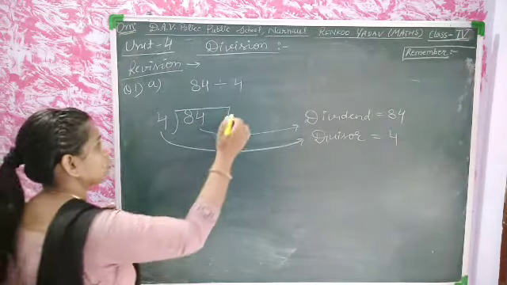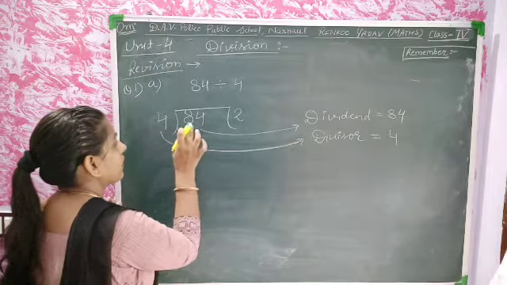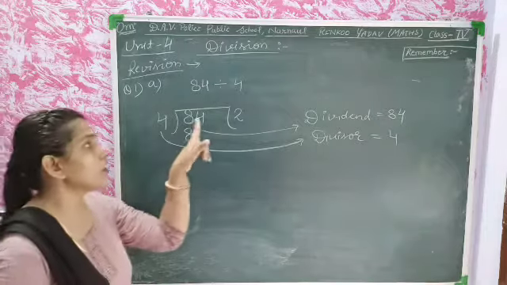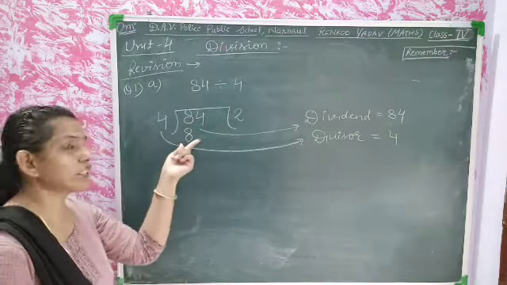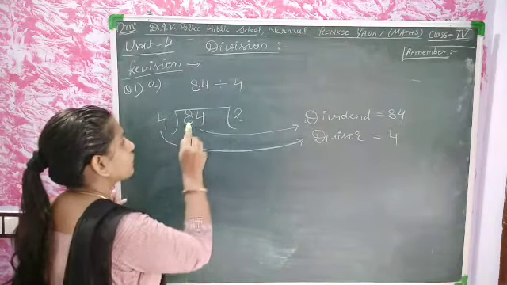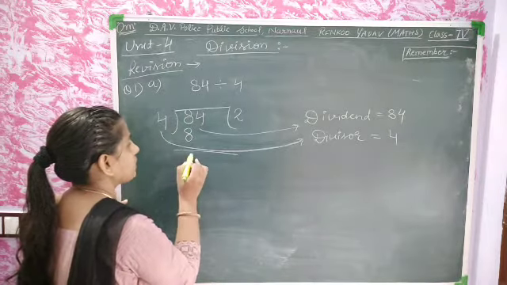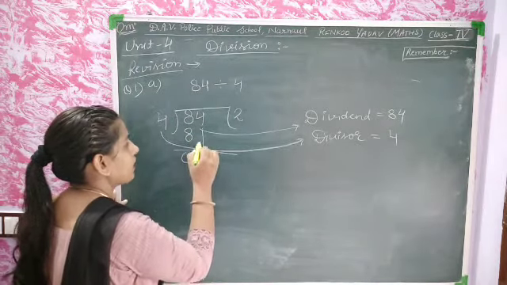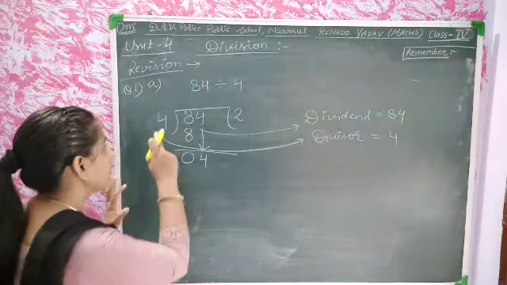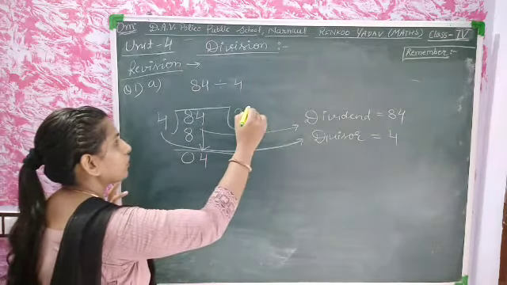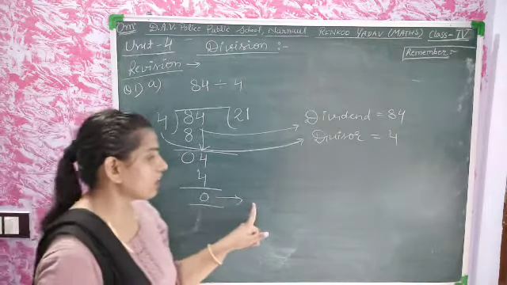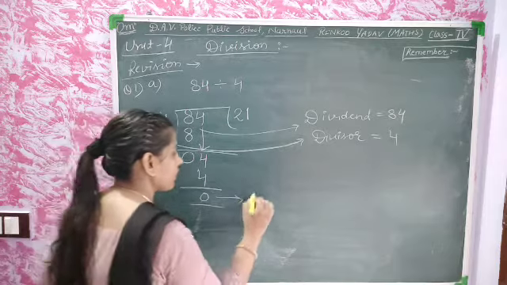Now students, let's see how you solve it. 4 twos are 8. Let's take the first digit and divide. We keep reading the table of 4 until we get 8 or a number smaller than 8. Then 4 twos are 8. 8 minus 8, we subtract, that is 0, and we take the next digit. Now read the table of 4 again. 4 ones are 4. There is 0. And what is left at the end, we call the remainder.